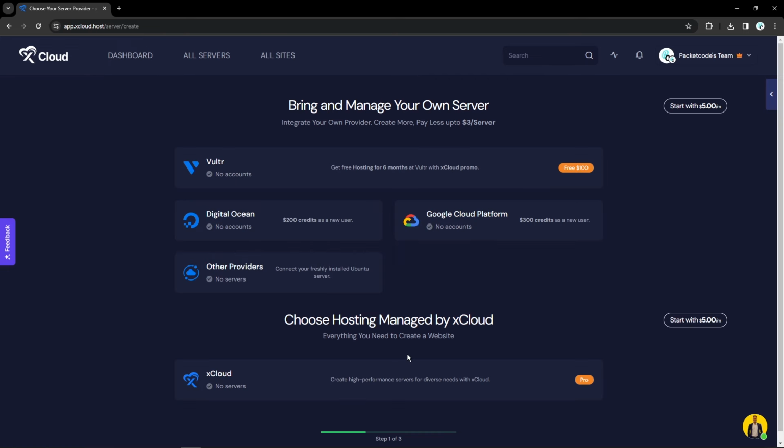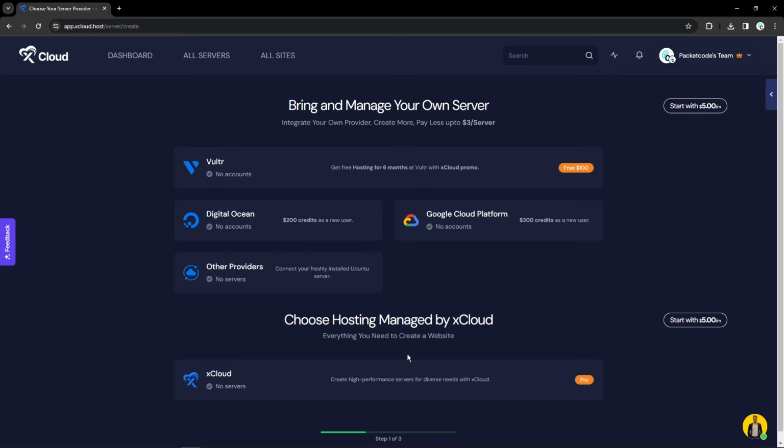And once I do that, you'll see you'll be landing on a page wherein you have access to link to multiple accounts. So what I mean by that is, if let's say I already have an account with Vultr or Google Cloud Platform or DigitalOcean, then I can directly link my xCloud account to any of my existing providers out there. So by that, what it means is that it's going to be seamlessly integrated between these 2 platforms,